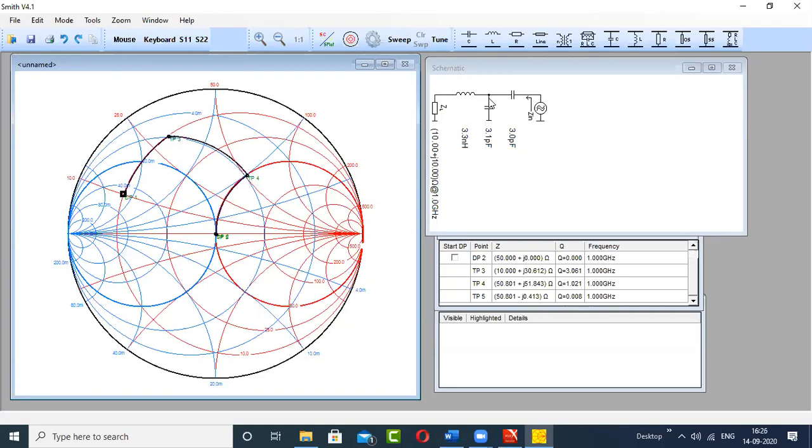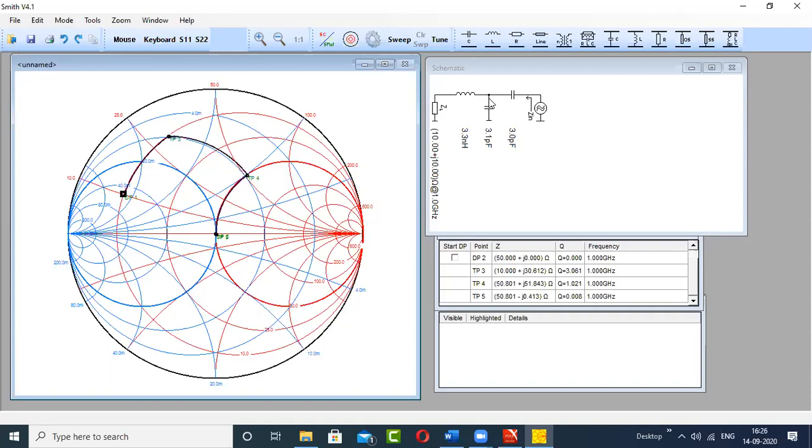Second, none of the components are lossless. So power loss is going to take place. That is another issue. Third, you have to sacrifice the size of the PCB. If more components are there, then the size of the PCB is going to increase. So these are the drawbacks, but whether you are ready to compromise with these drawbacks or not depends on the benefit which you will get from this larger number of components. So it's not that if the number of components is increased, that solution is not good. That may be a good solution also.